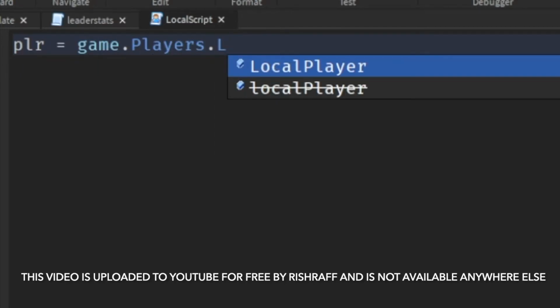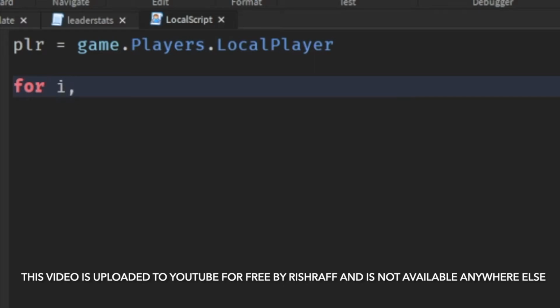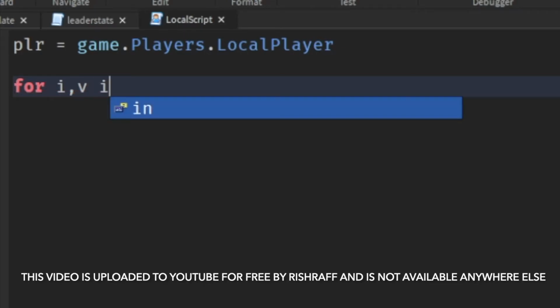And we'll say game.Players. Remember, we just need to address the local player. It's super simple. So for the local player, it's just game, get all the players, and we'll get the local player that we got. Now we're going to do a for loop. So for i, so for the index, and then v. v is each child. What we need to do is say in pairs